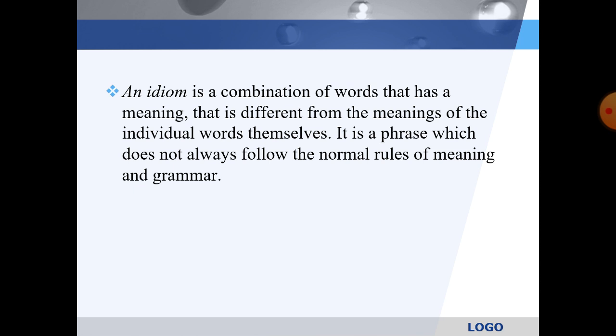For example, a white elephant. A white elephant is not a person, but a valuable object which involves great expense or trouble for its owner, out of all proportion to its usefulness or value, and which is also difficult to dispose of. This phrase came from an interesting story when the king of Siam presented such elephants to the people whom he wanted to ruin because it was very expensive to have these animals in the household.